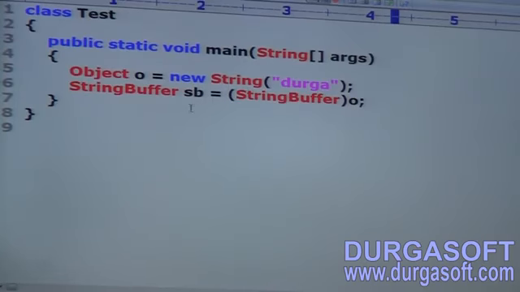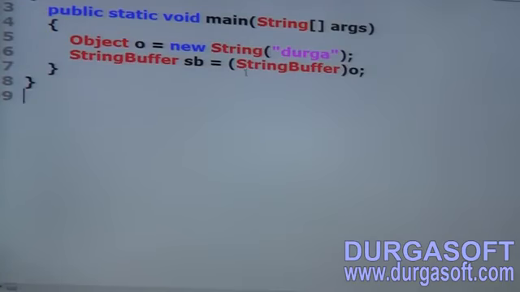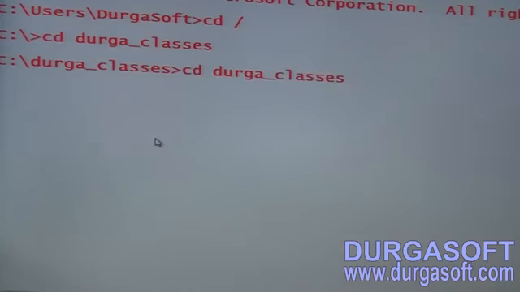Valid, no problem at all. Object and StringBuffer have a relation, and StringBuffer is the same type. That's why no problem at all. The code compiles fine. So it is valid.